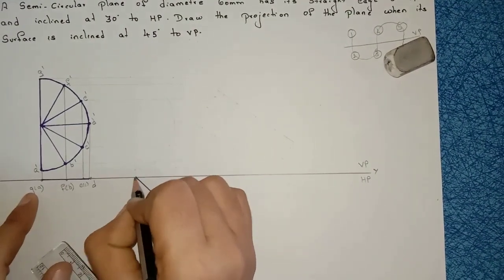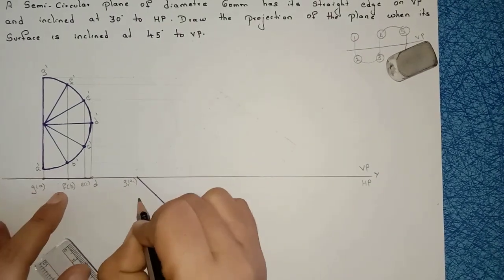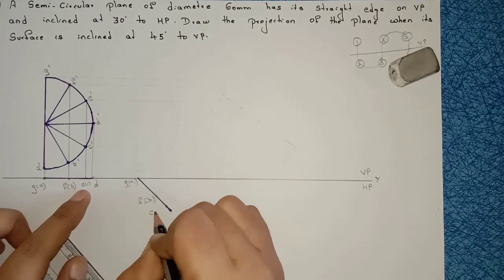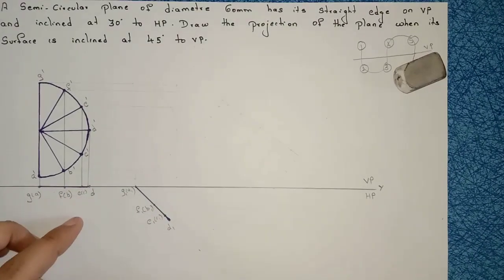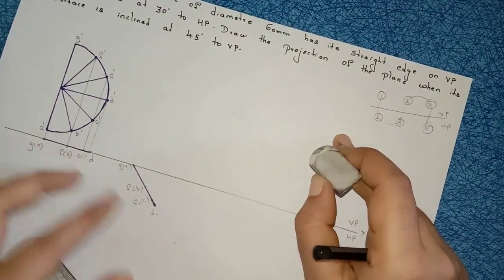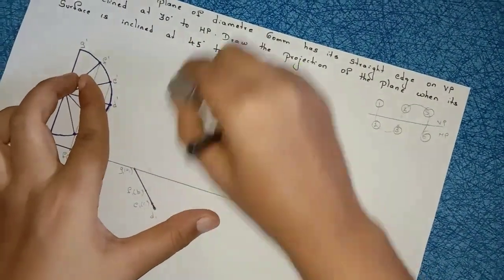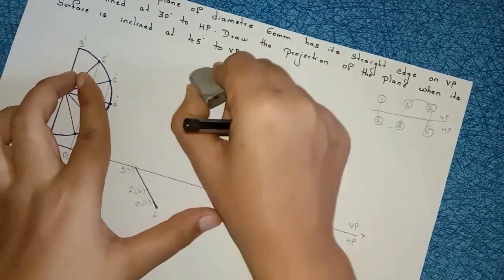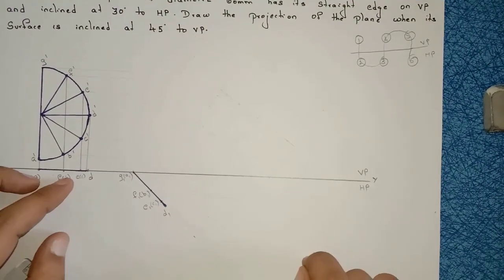What is the first point here? G of A. I will write here G1 of A1. Second point here F of B, F1 of B1. Third point is here E of C. I will write here E1 of C1. Last point is D. I will write here D1. Right? Simply what we are doing, we are measuring this line and we are drawing here with an angle of 45 degrees. Right? So you should mark the points correctly. Measure the distances correctly and mark the points.